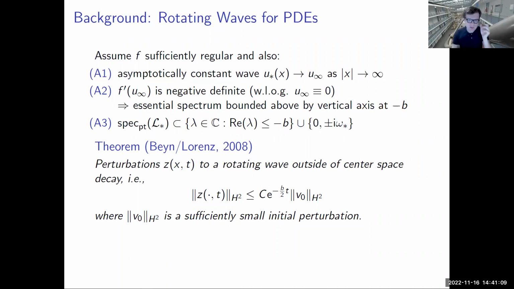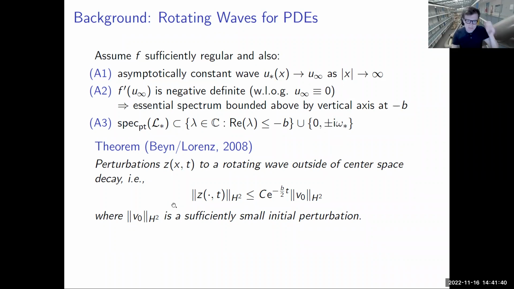I will assume that there's a certain negative definiteness, meaning that the essential spectrum is bounded away from a certain axis that is vertical in the complex plane. So all the essential spectrum for linear stability analysis I can forget about. And the entire spectrum is actually very nice. It's contained in this set where all the stuff is very much to the left of this vertical axis. And it has these three eigenvalues that are neutral.